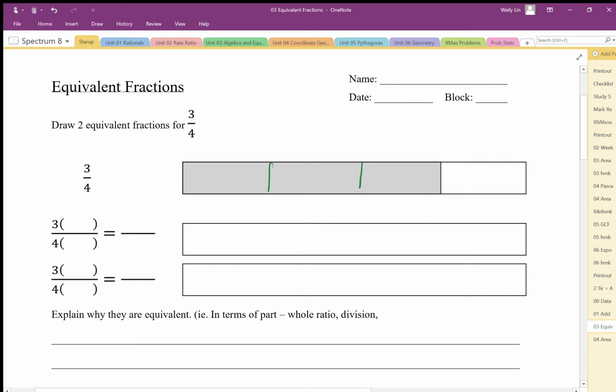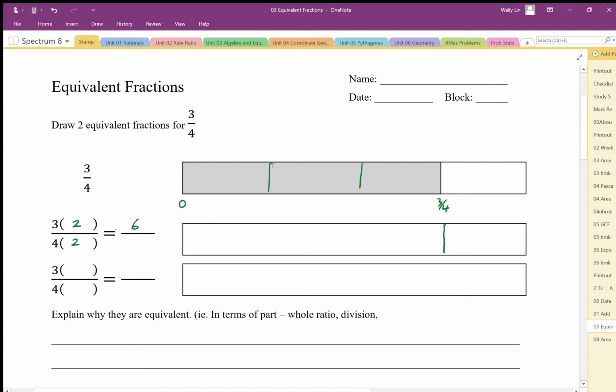And we can make an equivalent fraction. Now equivalent fractions we can look at it as a proportion, as a ratio. We can also think of it as a fraction as a number on a number line. Okay, so if I write that position as 3/4 on a number line, with 4 and 0 on the number line, the equivalent fraction should end up in the same spot. Okay, but we need to write it into different proportions. So we can use a multiplier here. For example, we can do times 2,